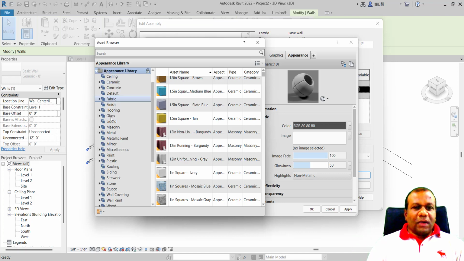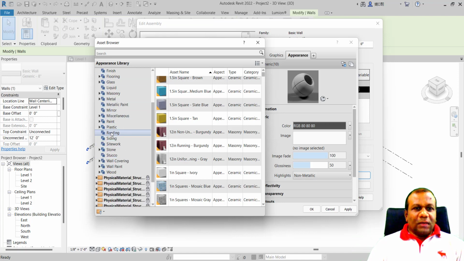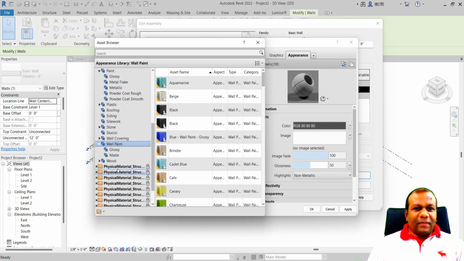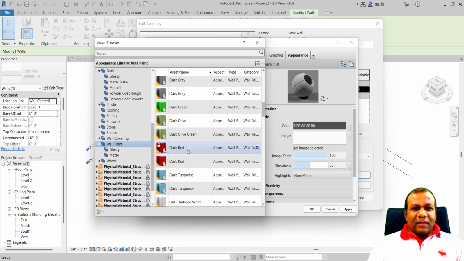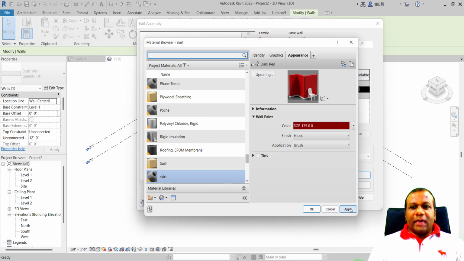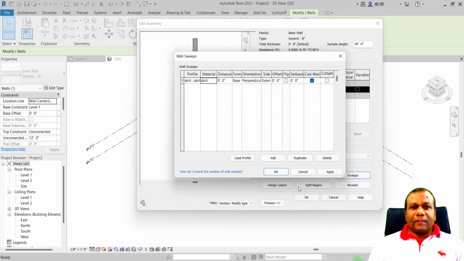I'll expand that one and go to Paint. Wall paint is also there. We'll go to wall paint and choose, say, dark red. I'll double click that one, close, apply and OK.